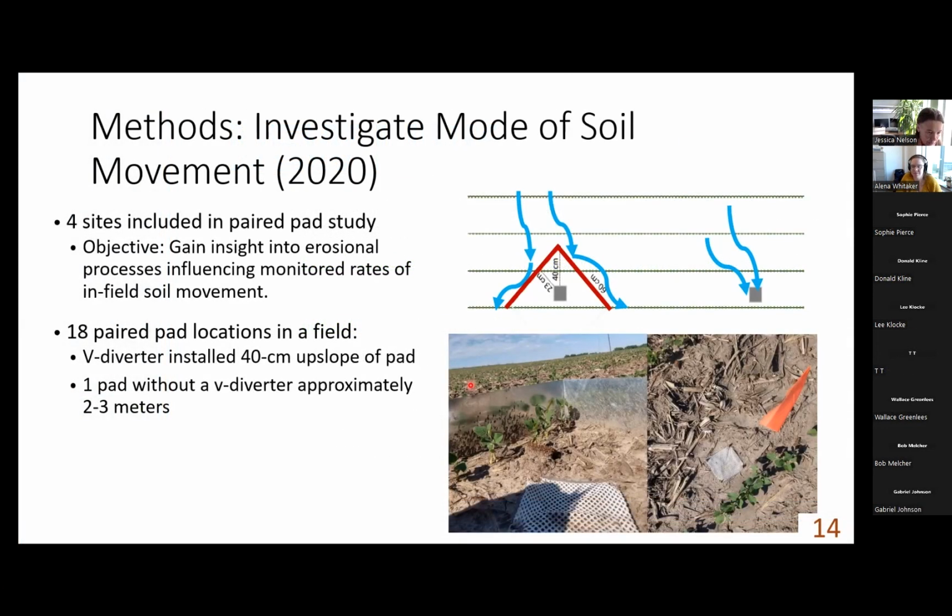How long had the prairie strips been established? Are longer established prairie strips more effective at trapping moving soil particles? We didn't look into the age when we plugged that into our model. It didn't pop up as a significant thing. It would be something to look into to compare